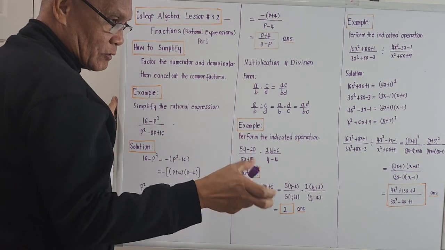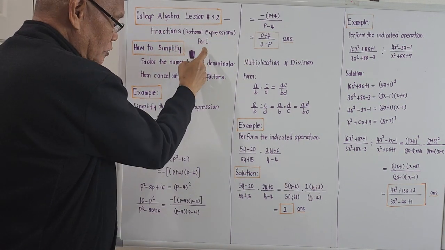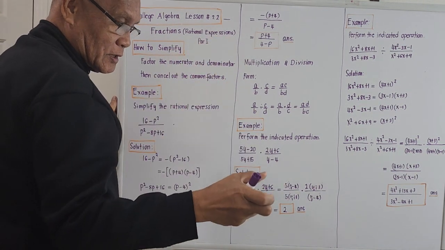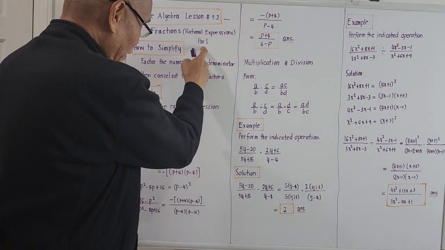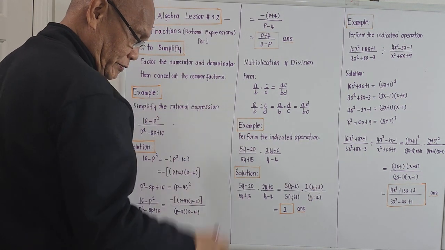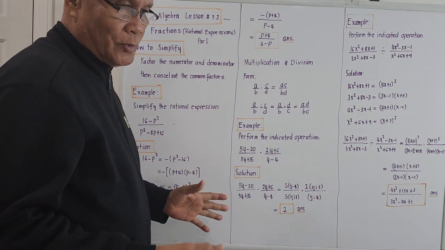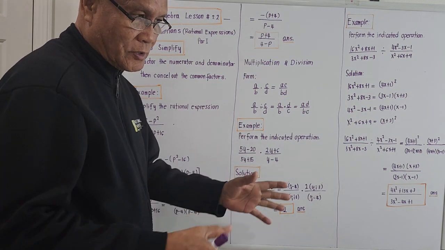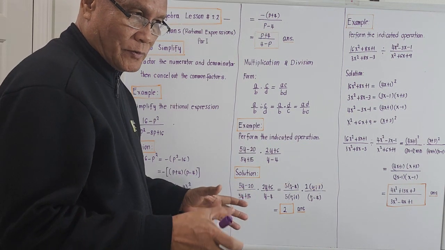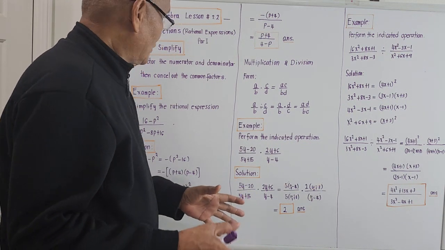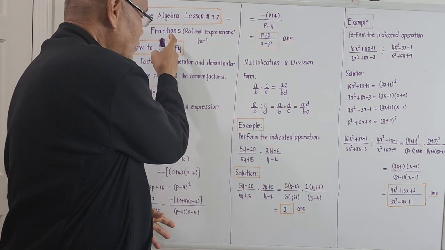Or the more complicated equivalent of fraction is rational expressions. This is part 1. So the topic for this morning in layman's language will be fractions, part 1. In lesson number 21, we dealt with the so-called special products and factoring. So we will now apply our knowledge of special products and factoring to the simplification of rational expressions or